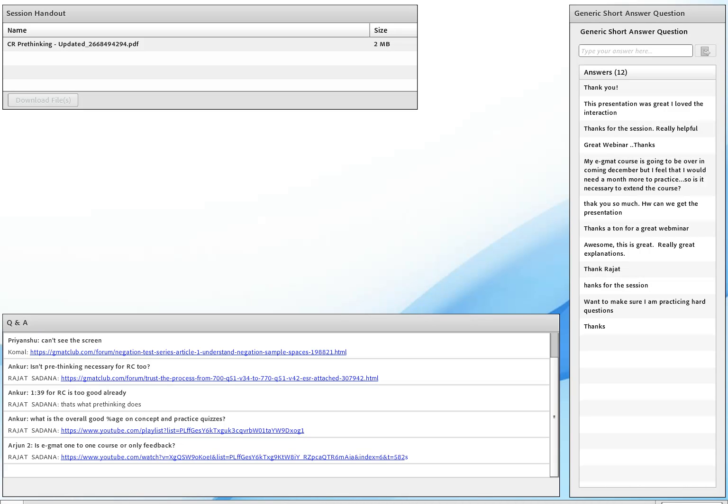And if you think about it, if you want to hit the 95th percentile on CR or SC, in CR you have about 80 to 90 concepts. You need to achieve perfection on those concepts. Without feedback, how do you know whether you've achieved perfection? Similarly, in SC, there are about 200 concepts. Without feedback, how do you know that you've achieved perfection?